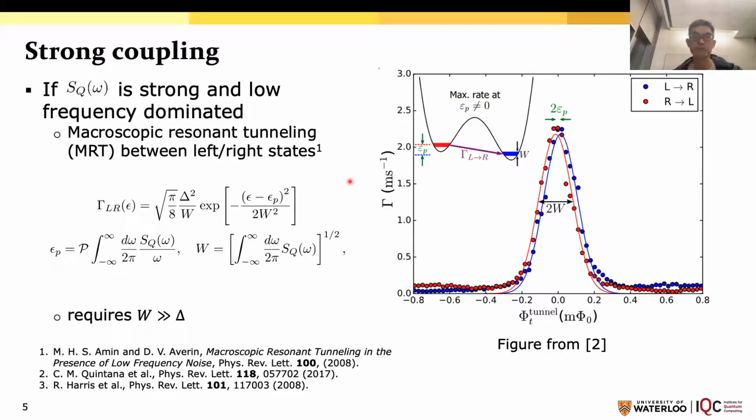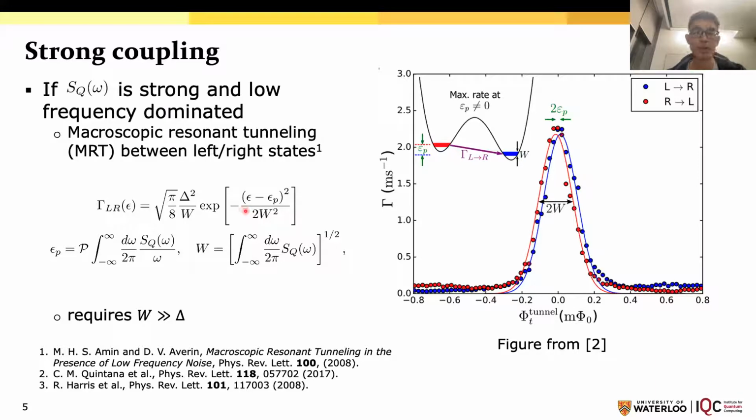So if the environment instead has a strong noise power spectral density, and in particular, if it's also low frequency dominated, we'll see that the transition between the left and right state is instead described by this macroscopic resonant tunneling process, where the transition rate in general follows a Gaussian dependence on the external bias,